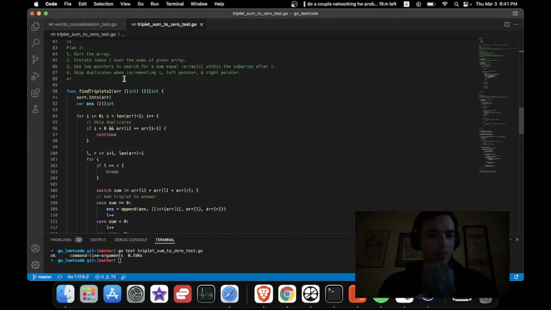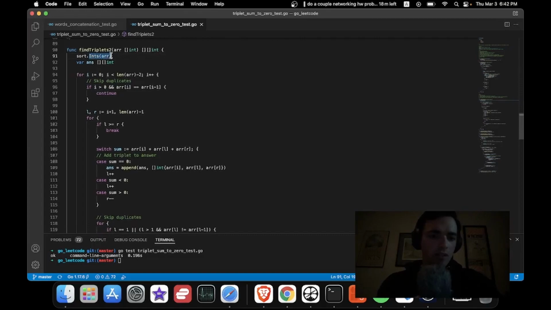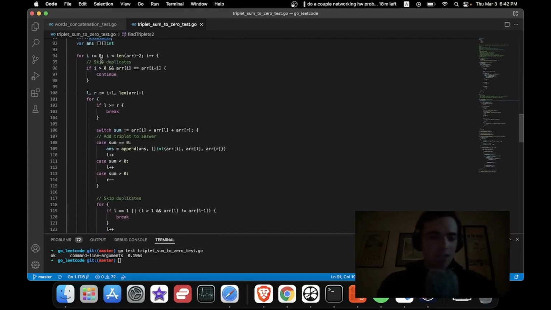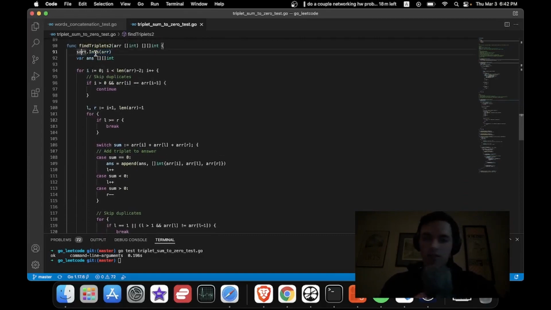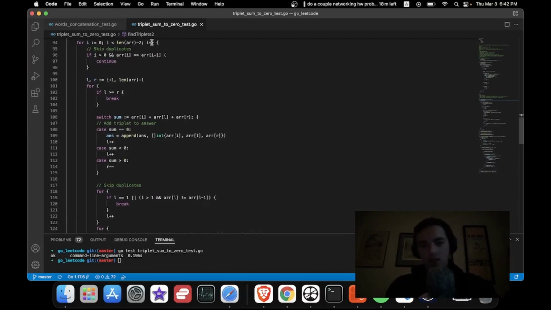We also want to skip duplicates when we increment I, where I is the current index that we're at, iterating over the array. And we also want to skip duplicates when we increment or decrement our right and left pointers. So here, sorting the array. I don't know what Go's doing behind the scenes with its sorting integers algorithm, but anyway,